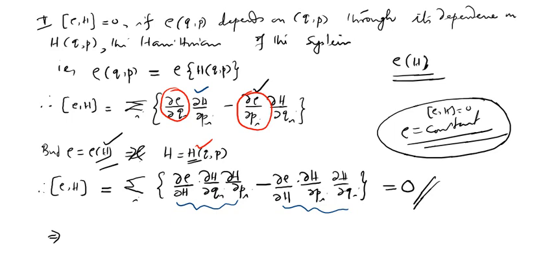What other way can it satisfy this? It can be satisfied if rho depends on q and p through its dependence on the Hamiltonian, which is in turn a function of q and p, right? So the class of such density functions, such density functions where rho depends on H, for which